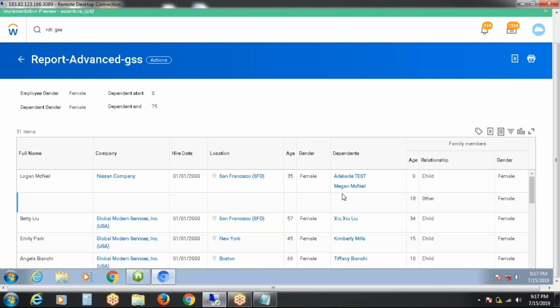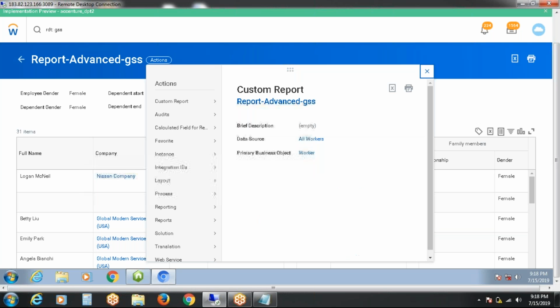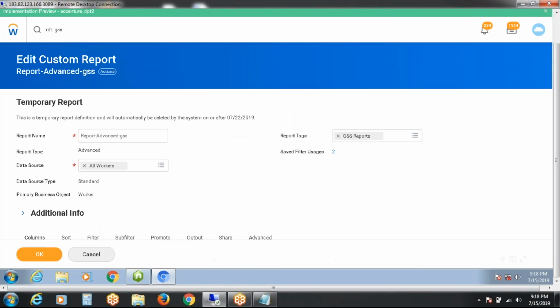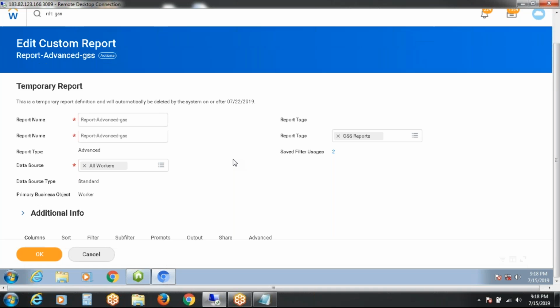So I have enabled the currency, but there is no salary detail here. Please edit the report and add total base pay.